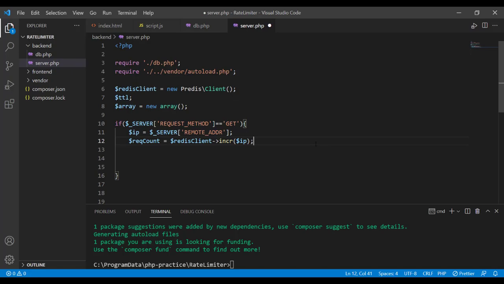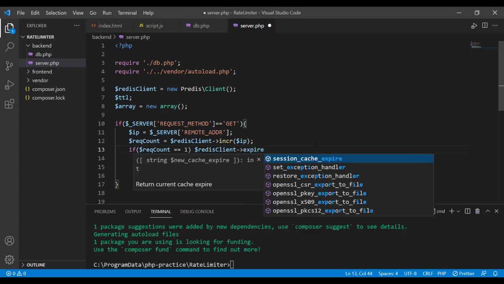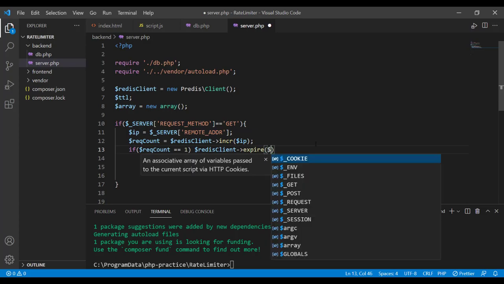the specified number of times. That means we have to start our counter, and we define this counter by specifying an expiry date on this Redis key. Once the expiry is reached, the key automatically gets deleted from the Redis. We want to set this expiry only if this is the first ever request by the client. Therefore, we have to check first if request count equals 1. In that case, set the expiry by calling the expire method on the key IP.